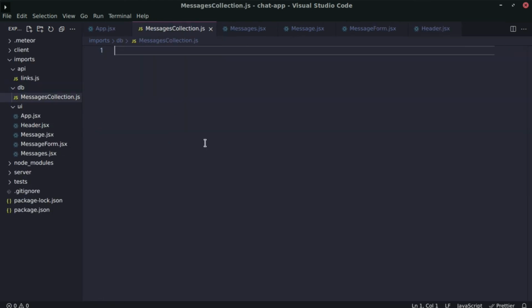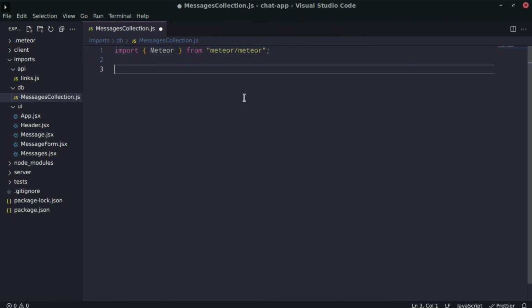And it will import Meteor from, and these are some of the packages Meteor provides. So Meteor, and there we go. So now we import Meteor from Meteor. I'm also going to close some of these until we open them up again, just to save a little bit of resources here. And in here we can just say export const